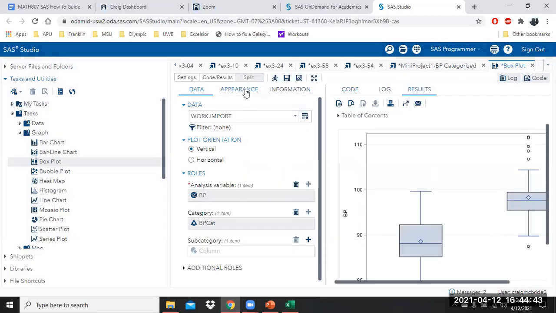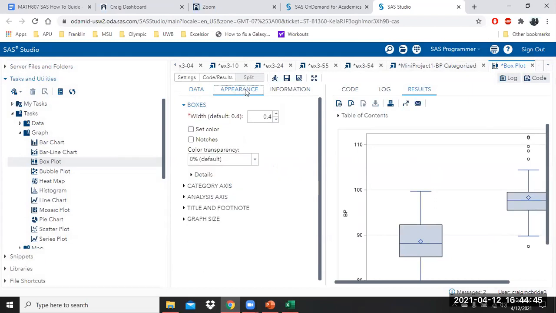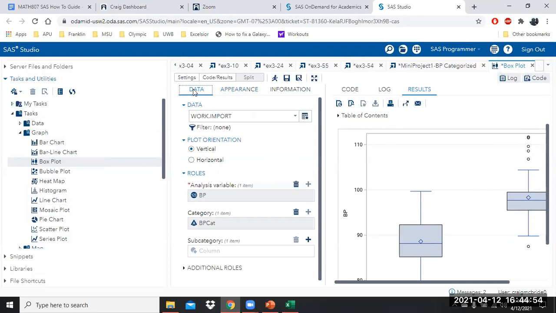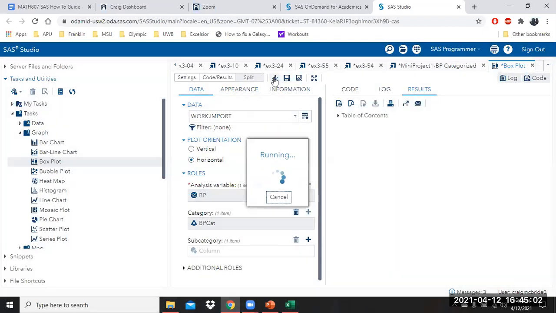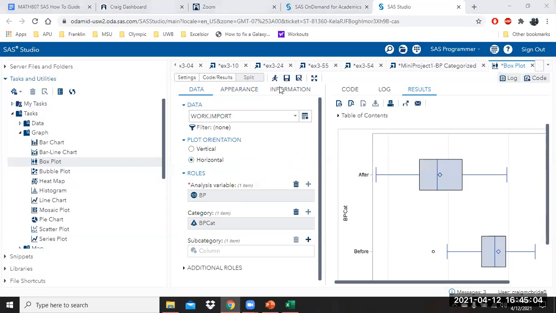Now, I don't know about you guys, but I prefer my box plots to be horizontal, which I thought was something you could change here somewhere. Somebody had figured it out. Right there. Thank you, plot. Yeah, horizontal. There it is. And the only reason why I say horizontal is better and makes more sense is because